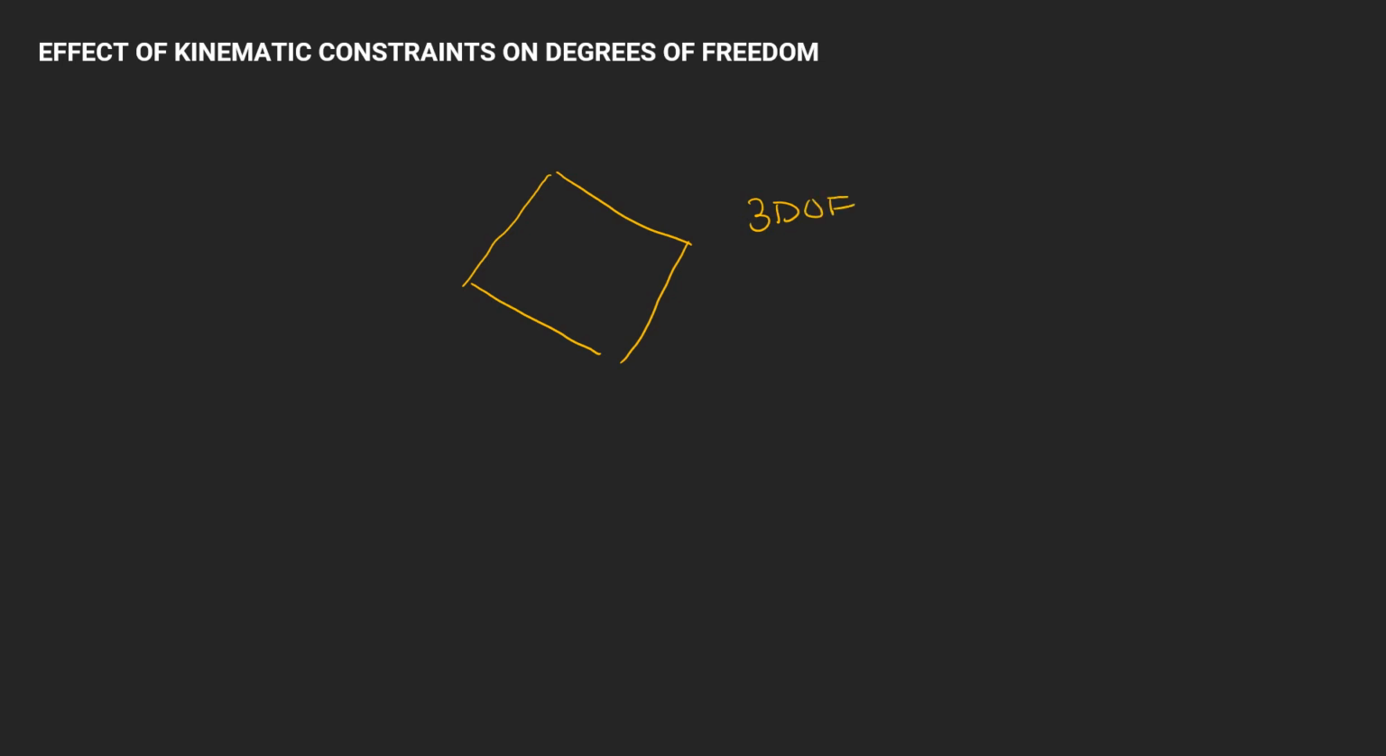Remember that the degrees of freedom of a system is the minimum number of independent coordinates or variables that are needed in order to specify the configuration of a system or the position of all particles in that system. So for this rigid body here,